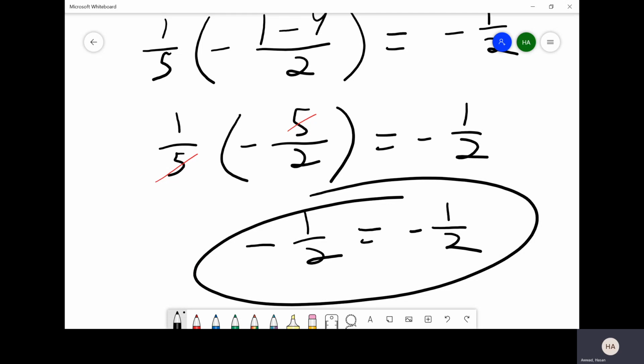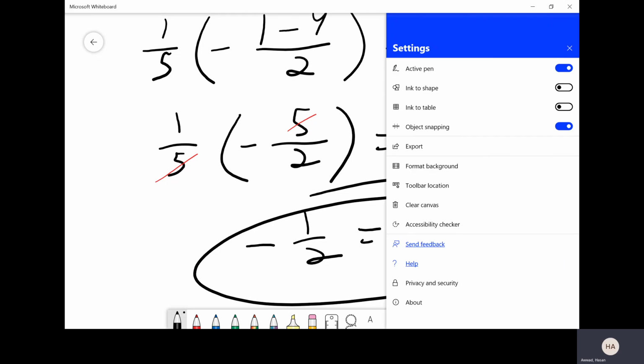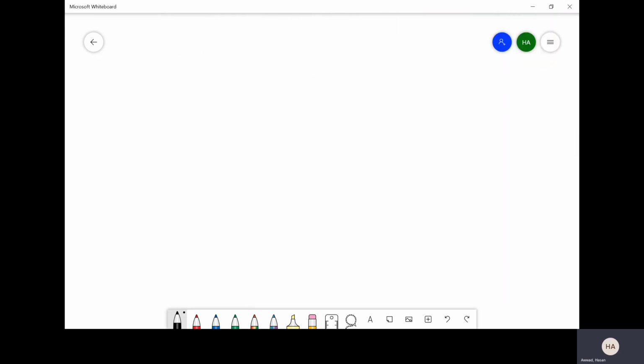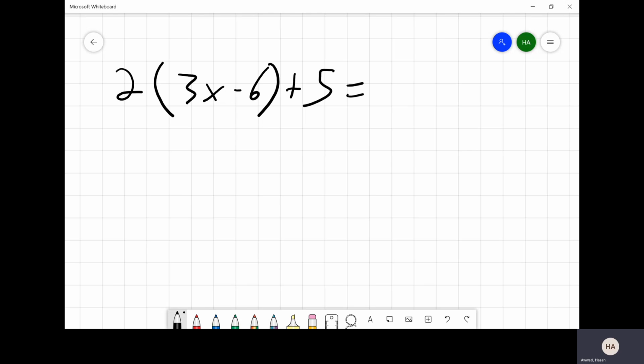I'm not always going to require you to do a check. There are certain situations where you do need to do a check, but for linear equations, 99% of the time, you do not need to do it. Okay, let's look at one more example here, and then I'm going to let you guys do the next classwork assignment on your own. So next example here, we have 2 times 3x minus 6 plus 5 is equal to